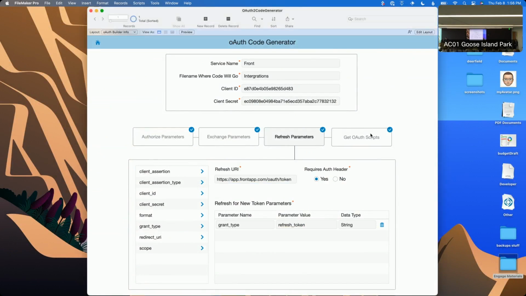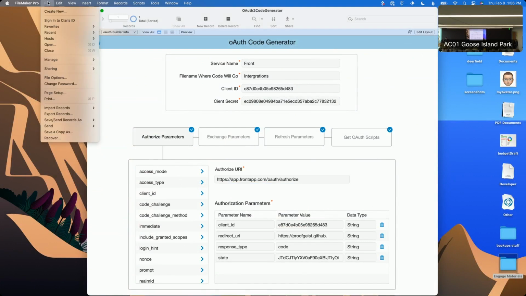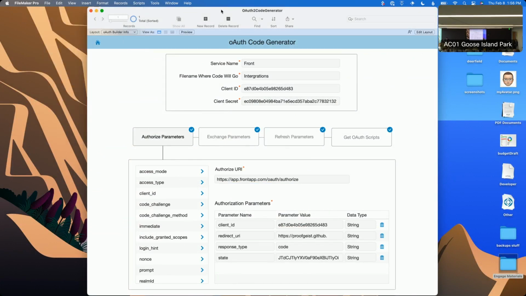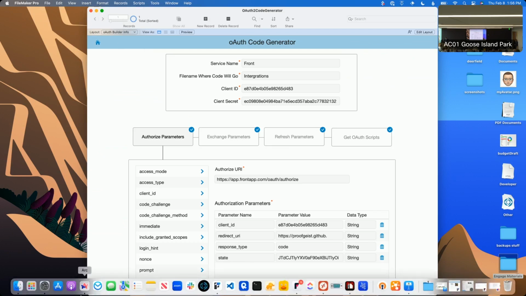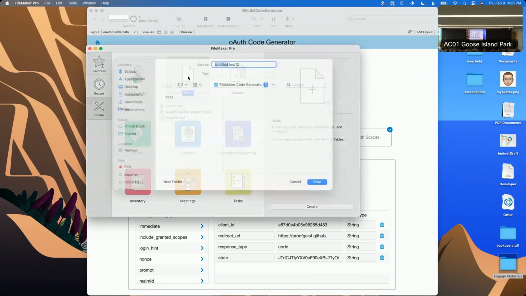Now that we've done that, we're going to go ahead and copy our scripts to the clipboard, which may not have worked because they don't install base elements. But I can open it up in my other version of FileMaker and you can grab them there. Let me go ahead and create a new file first and we'll see if it did work. If it didn't,